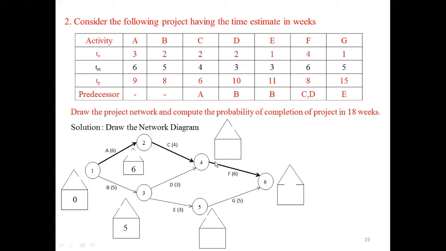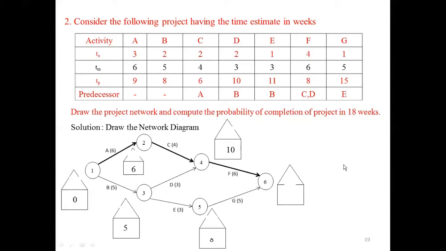That means we take the maximum value. If I consider from node 3, we will get only 8. If I consider from node 2, we will get 10. And then you have to write the maximum value, which is 10. Here you have to write 10. For node 5, only one arrow marker, and 5 plus 3 will get 8. Here you would write 8.